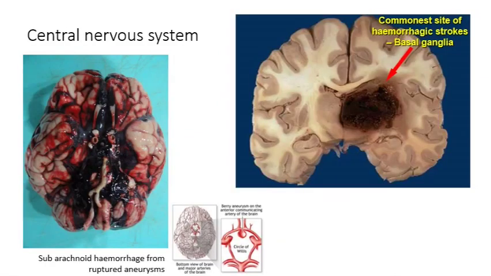So there are also several causes affecting the central nervous system that can cause sudden death, and most of these are hemorrhagic causes, such as what you see here. This is a picture of the brain showing a hemorrhagic stroke. Essentially these are situations where people have long-standing hypertension, or sometimes even when they have certain abnormalities in the smaller blood vessels in this area, they can have a sudden bleed into the brain matter.